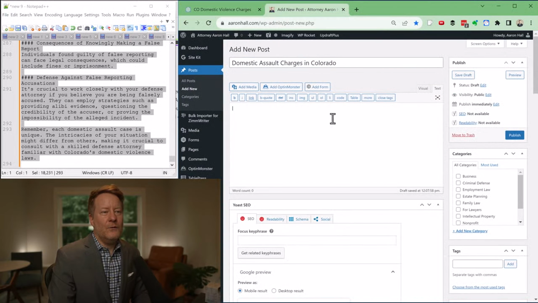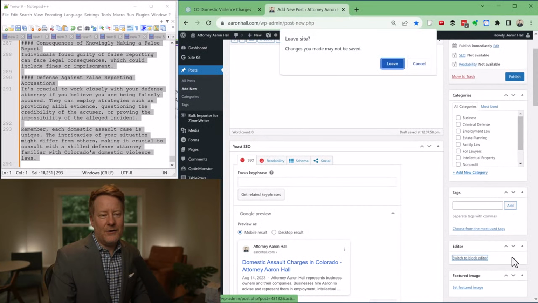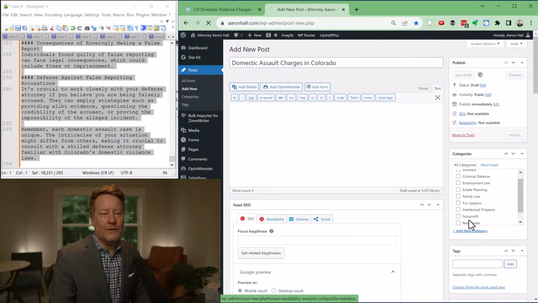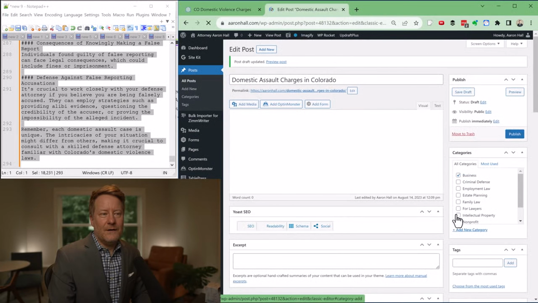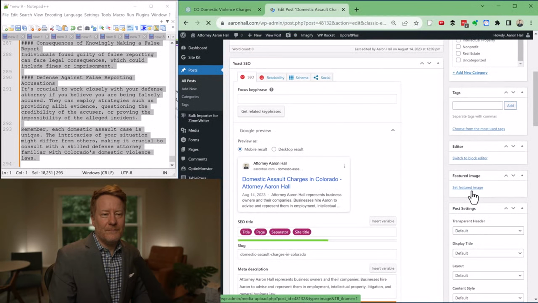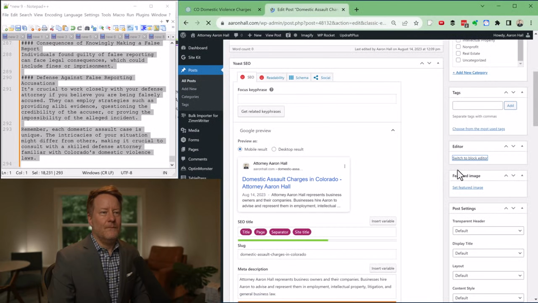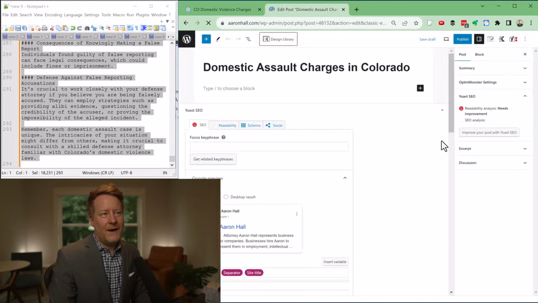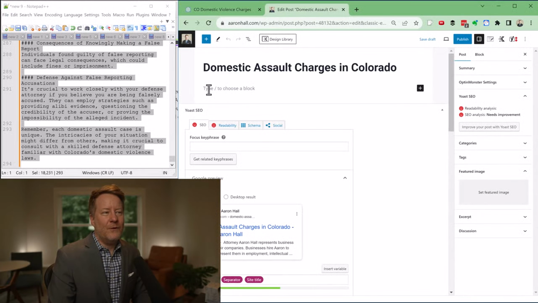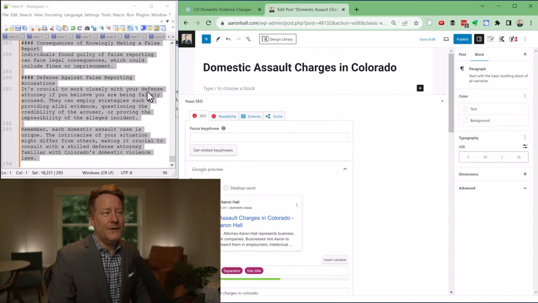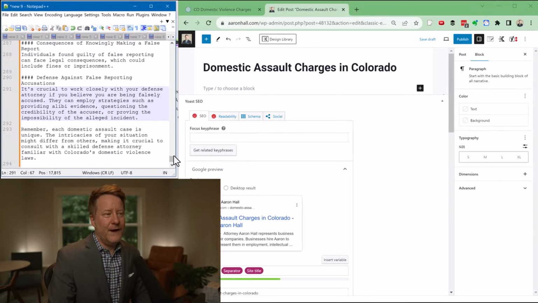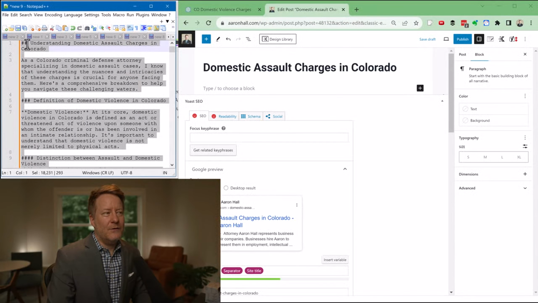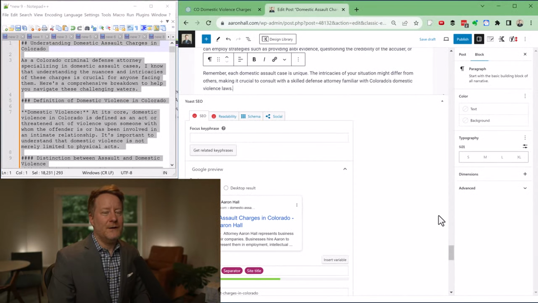So what do we do with this? We go into WordPress, and you need to be in the block editor. So do whatever you need to do in order to have the block editor showing. And when the block editor is showing, then when you go to paste in here all of this text in markdown format, it will put it into the format you need.